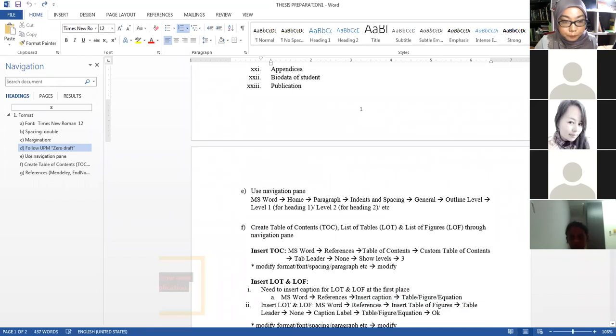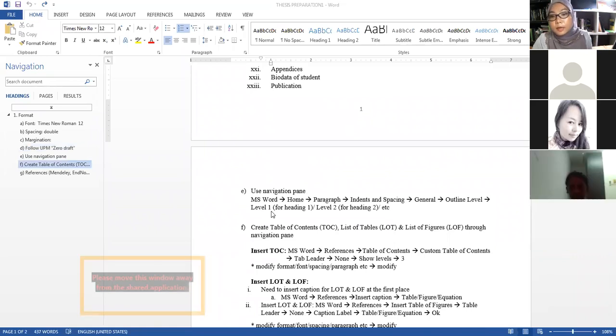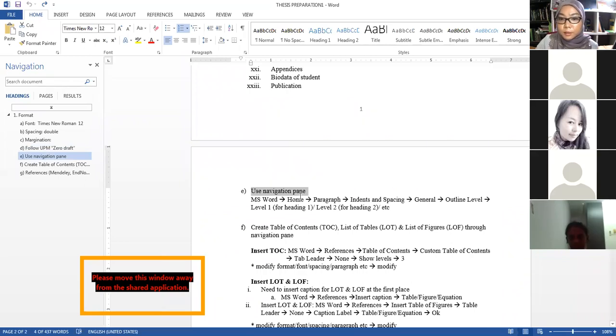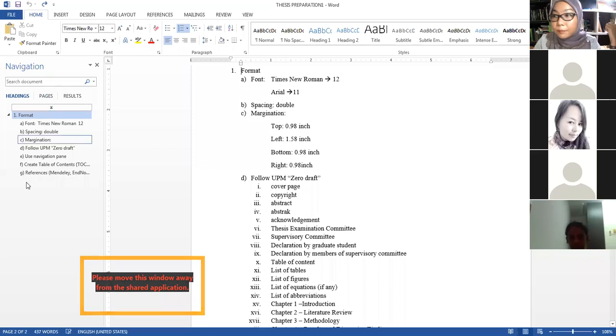In this session I want to touch a little bit on how to use the Navigation Pane in Microsoft Office. Perhaps some of you already know how to use it, but I just share. If you are aware, on my left side here we have this Navigation Pane.